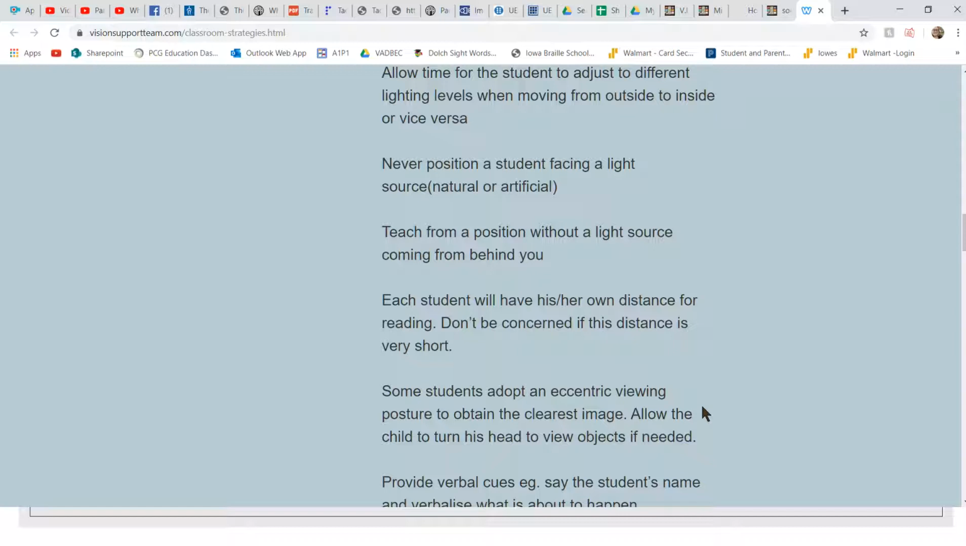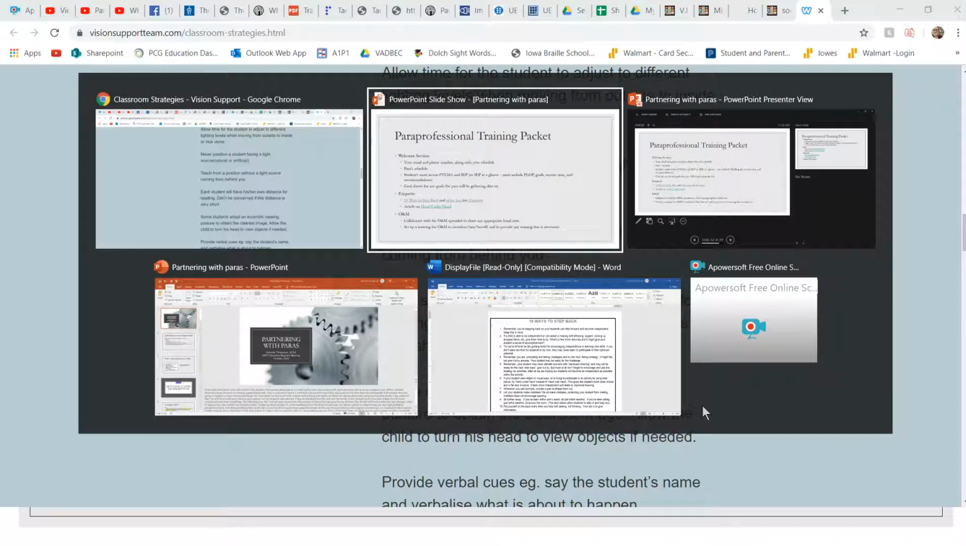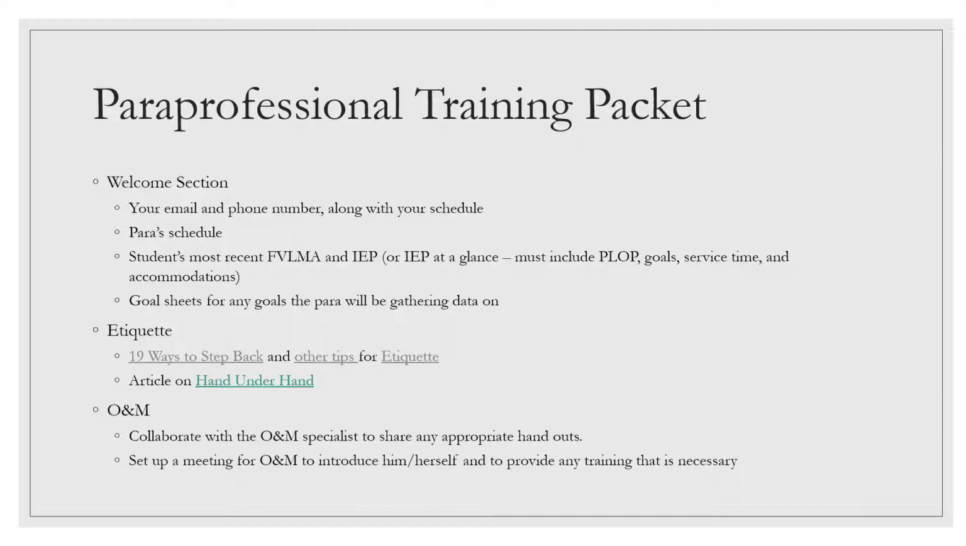And so I like to include these because sometimes I forget things that are natural to me now that aren't for that new paraprofessional. And then finally, I always include an article on hand under hand assistance,